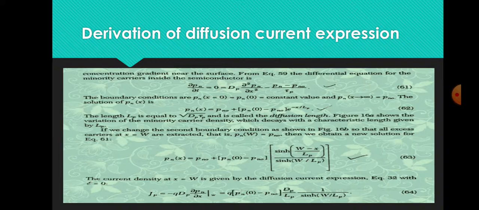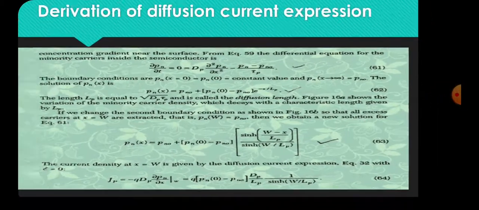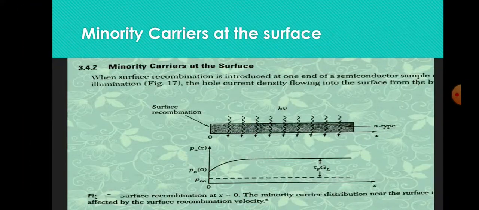a new solution for the equation, and that solution is given by, as we have shown over here, Pn(x) equal to Pn0 plus (Pn(0) minus Pn0) in brackets sinh((W minus x)/Lp) divided by sinh(W/Lp), and the whole bracket closed. The current density at x equal to W is given by the diffusion current expression with E equal to 0. So the current density will be given by